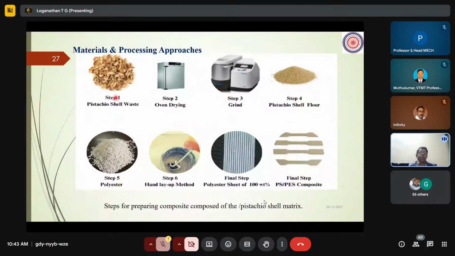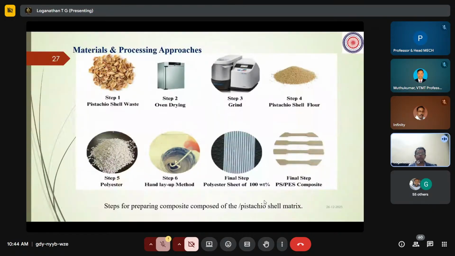So they take the shell, dry it, grind it, and make it into a powder. After that, the powder is blended with the matrix, maybe polyester, and then it is transformed into a composite. Then you can take it up for further experiments. This process we can very well do, and for the rest we can depend on some of the testing facilities available in and around